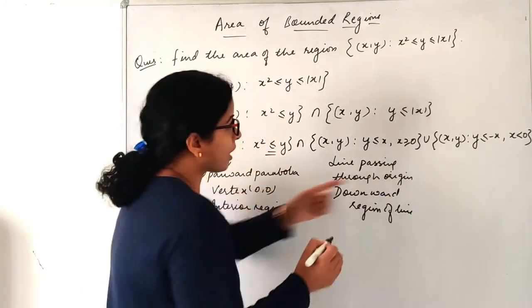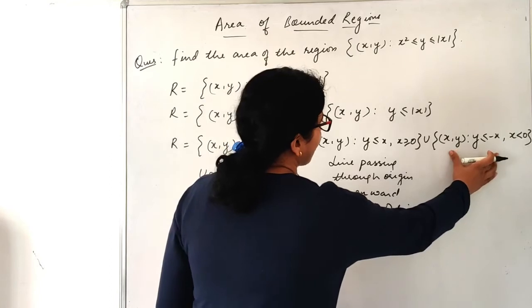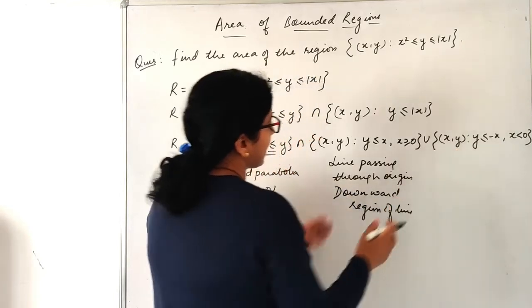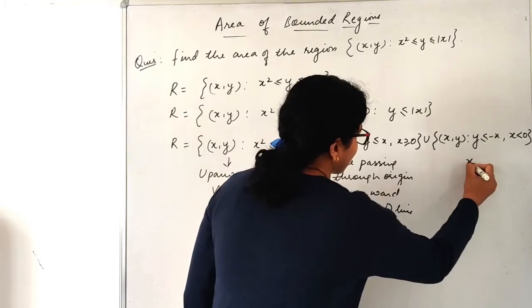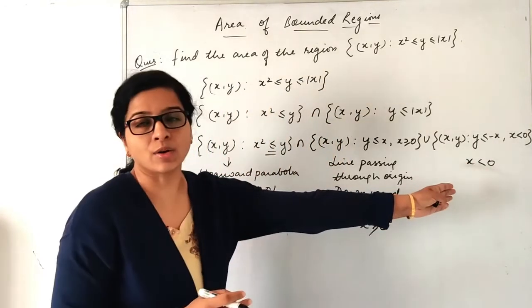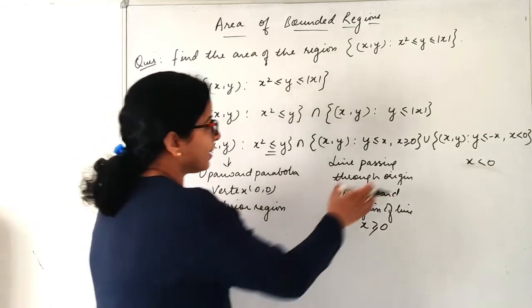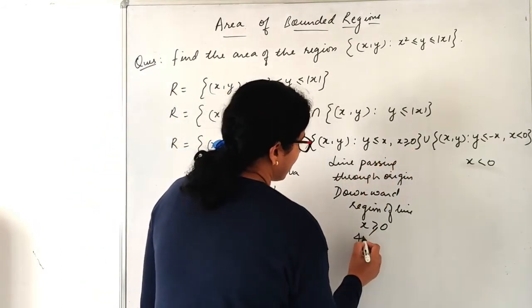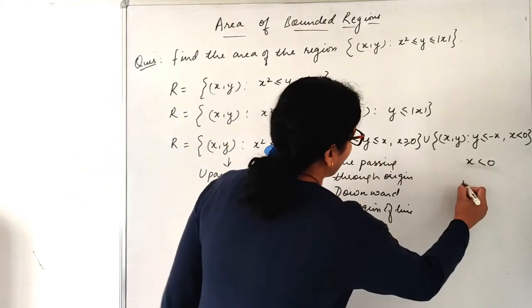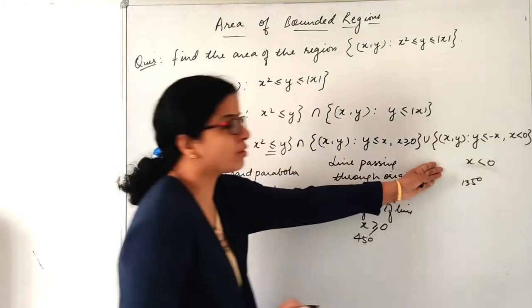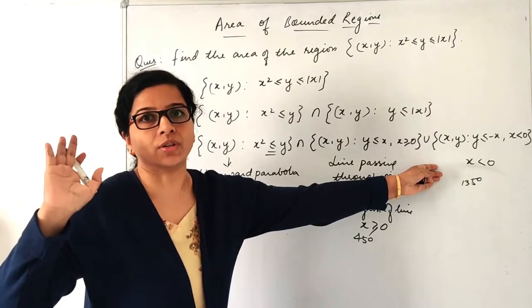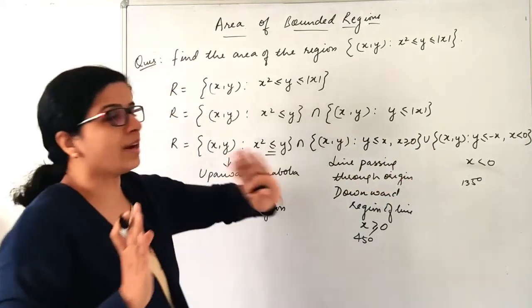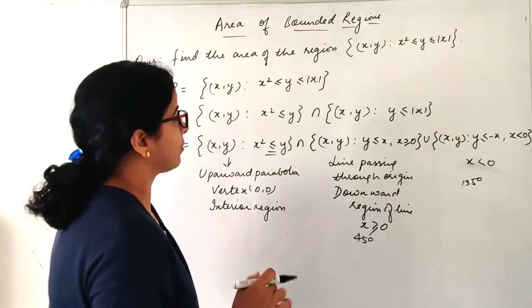Okay, now if we talk about this, again it will be a line passing through (0, 0). Here my x was greater than or equal to 0. In this case x is less than 0, so it will come in the second quadrant, right? And here the line is making an angle of 45 degrees. Here the line will make an angle of 135 degrees. Here also the region which is below the line will be the shaded region. Is it clear? So now let us draw the graph for this figure.